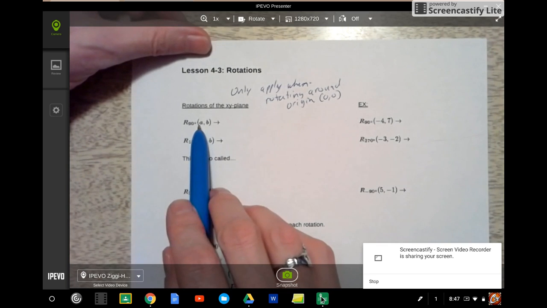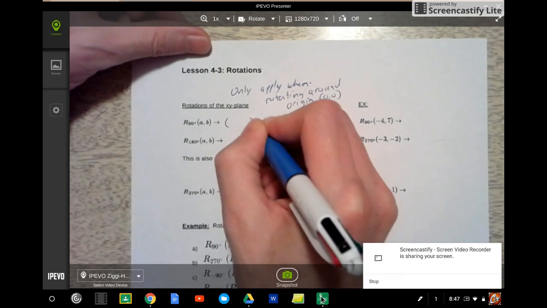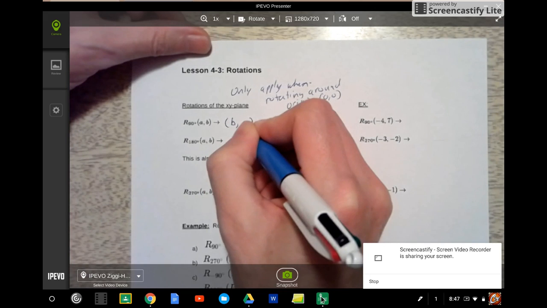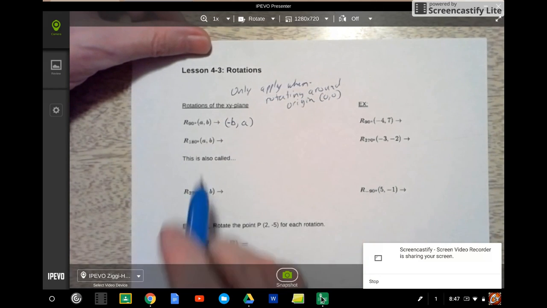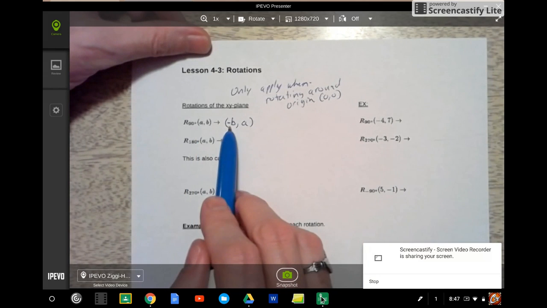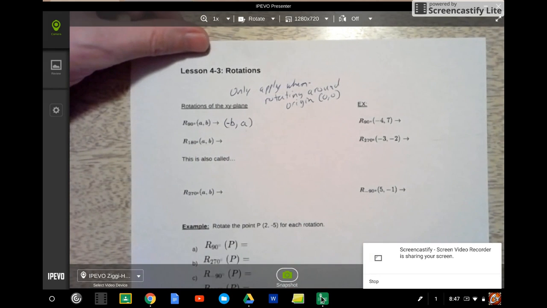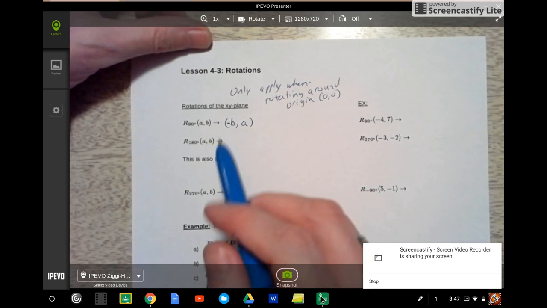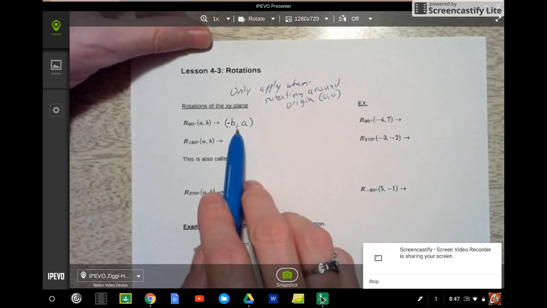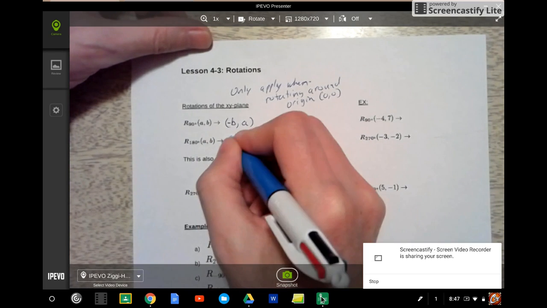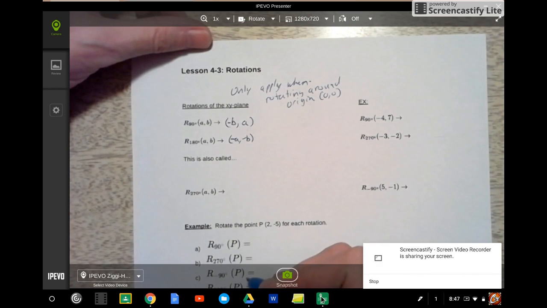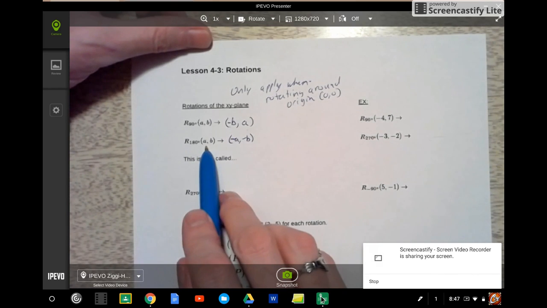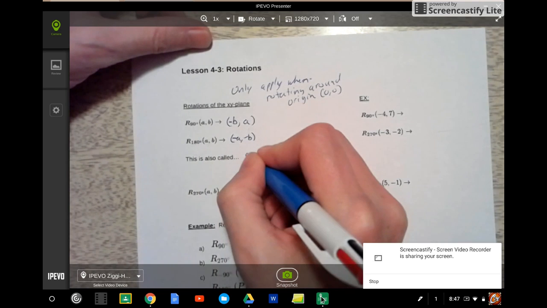When I rotate 90 degrees, I'm going to take these 2 points, swap their order and negate my new first one. So if the point was (A, B), it's now going to be (the opposite of B, A). Now, if I can remember 90 degrees, I can get all the others. Because 180, well, if I went 90 and go another 90, I get that. Now, a rotation of 180 is interesting because it's also called a reflection